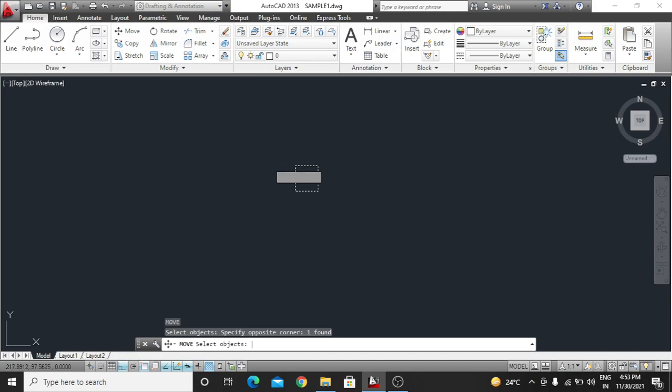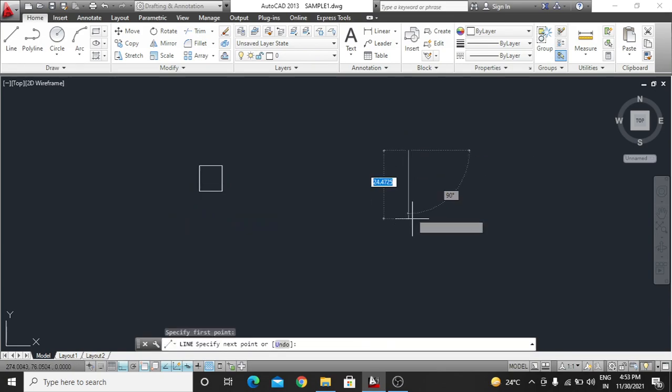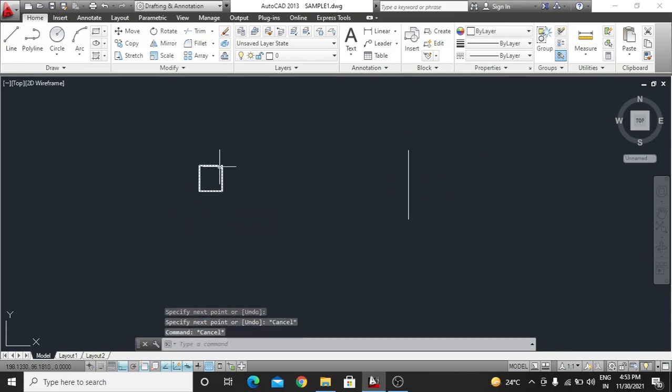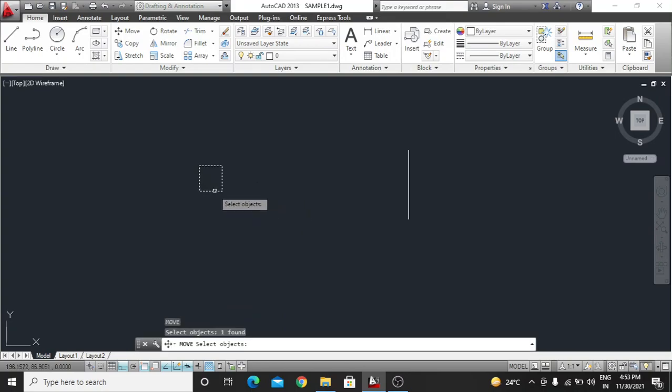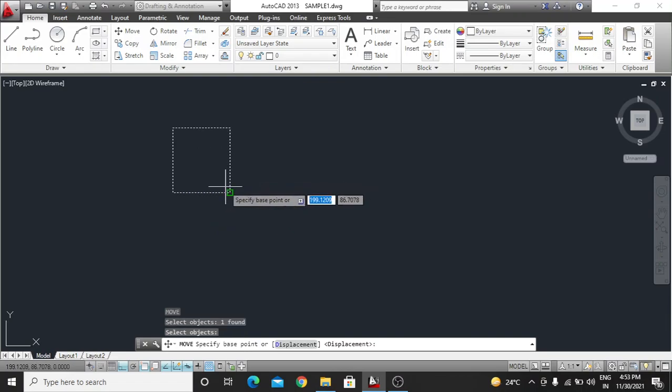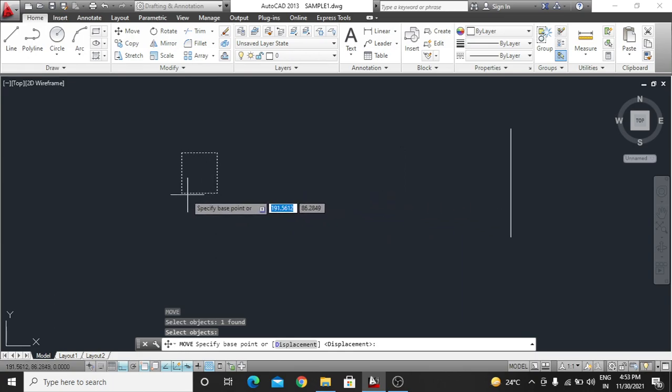Okay, select, enter. Example, if we want to move our block from this position, so what you have to do, enter M, then select the object, then again enter, then click which side you want to add it on this, right?